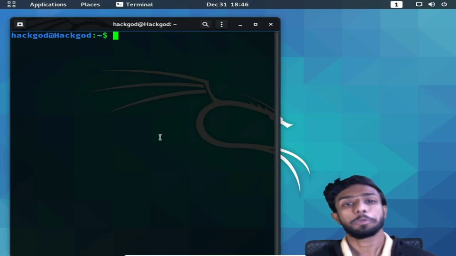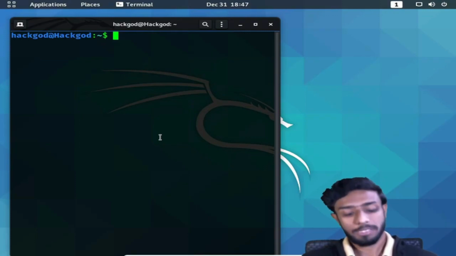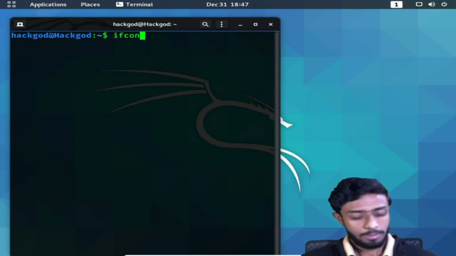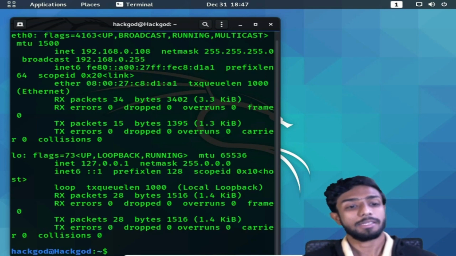Now, many times you need to know your IP address to give it to any kind of script you are making, or to open the localhost of that exact machine from a different machine. So how can you find the IP address? It's very simple. Just type ifconfig and hit enter. If you see over here, we got this IP address